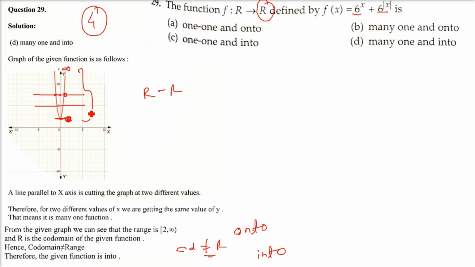So if you see here, in the book, the answer is D, many-one into. But if you go to your book and see, the answer is given something different. The answer is given C. So there are certain printing mistakes also. Okay. So there are certain mistakes everywhere, so don't worry about that. You have to be very specific to your solution.